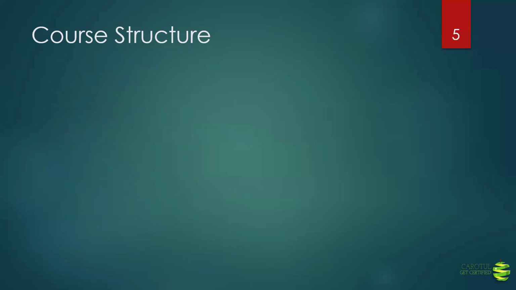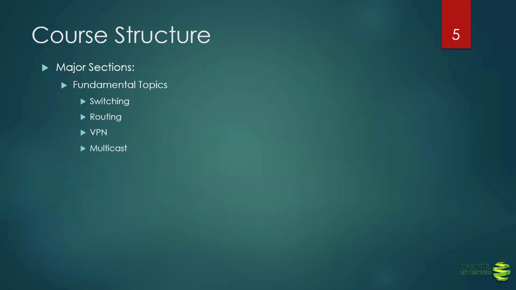So talking about the course structure, as I was mentioning, the major sections we are going to cover are the same that we have in the CCIE blueprint. So we will start with the fundamental topics, which are layer 2, layer 3, and VPN technologies like MPLS, GRE tunnels, IPsec tunnels, DMVPN. All this will be there. Multicast is also an important part. The PIM, Protocol Independent Multicast configuration, IGMP configuration, Internet Group Management Protocol,